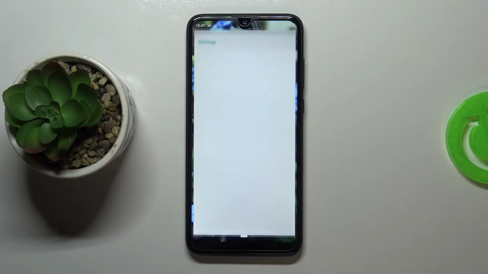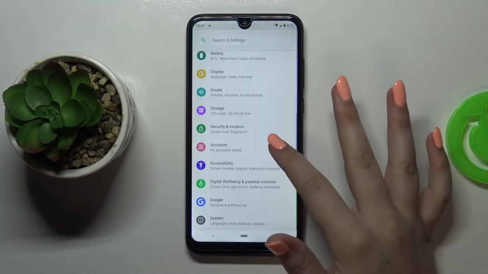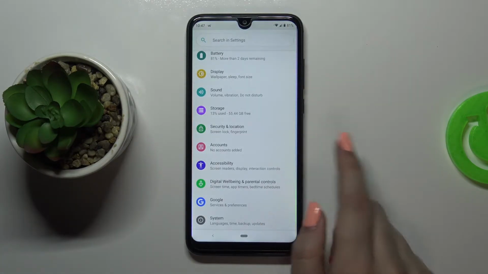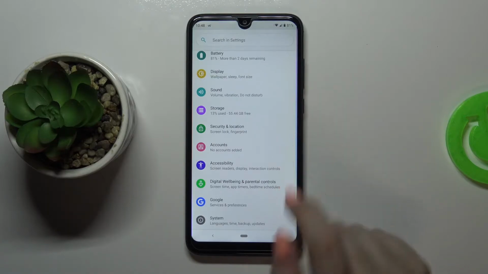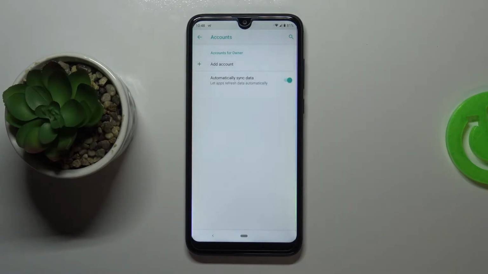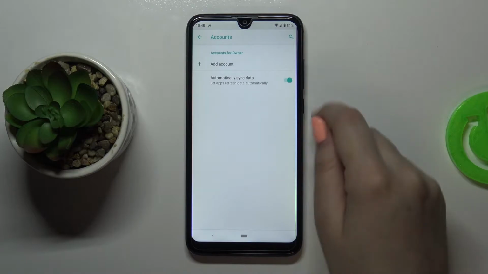So first of all, we have to enter the settings, and now let's scroll down in order to find the account section. As you can see here, we've got also the Google section, so you can do it using this Google section. I mean, you can add the Google account here and remove it, but I personally prefer to do it using accounts, so let me tap on it, and here we have to add account just by tapping on